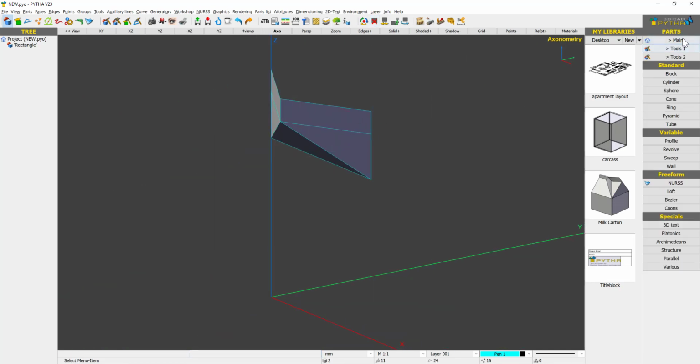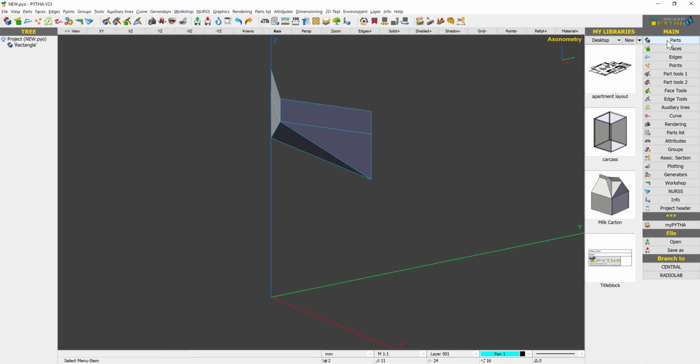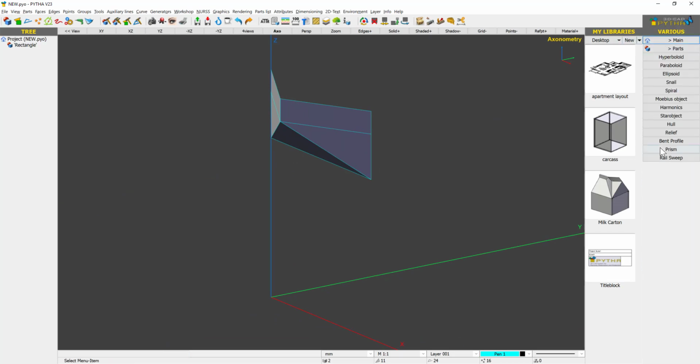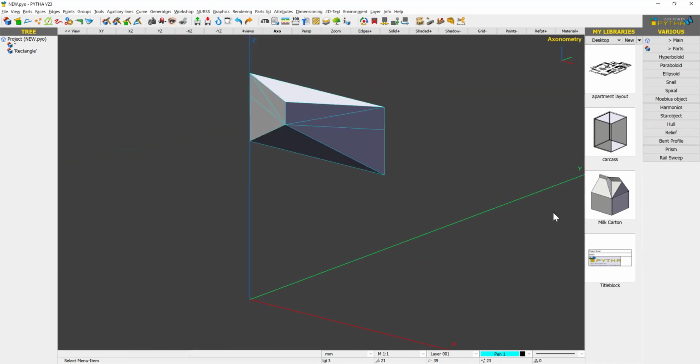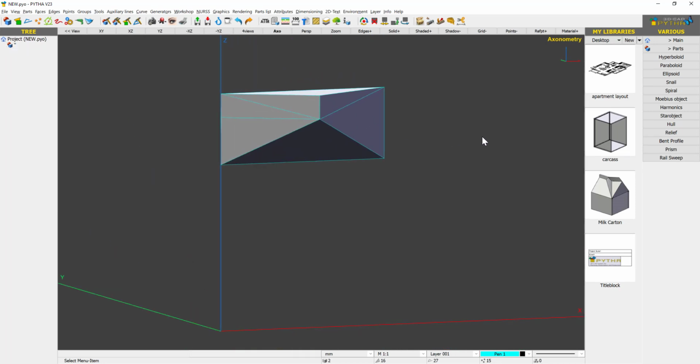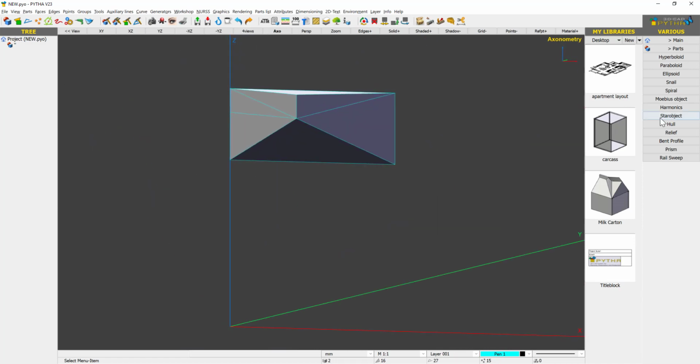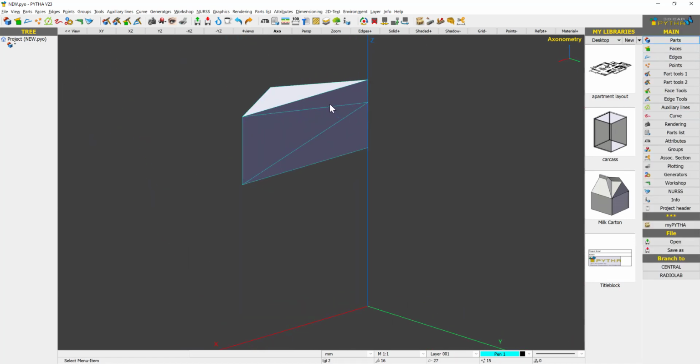Okay, and then how do I change this into a solid? I'll go to parts, various, click, enter. So I have a solid now. Okay, and then I'm going to delete this front profile. Okay, so with a solid like this, what I'm able to do, if I don't like these lines here,